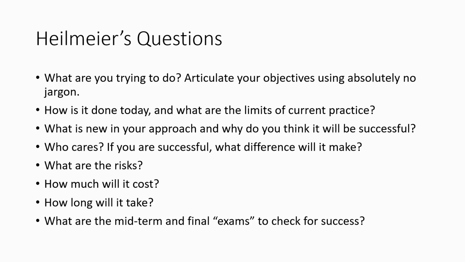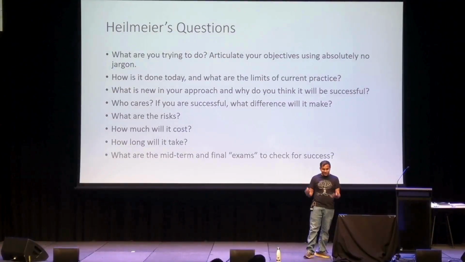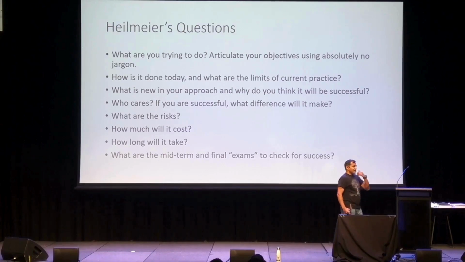He basically said the following, right? You're going to come and pitch to me, you're going to come and ask me for money. I don't have money, by the way. I'm an academic, so I don't have any money to give you, but I can at least give you the cheat sheet. Heilmeyer would ask everybody who came and pitched ideas to him the same set of questions. And he said, if you cannot answer these questions, there is no way I'm funding you. That's it, period. You have to answer these questions.